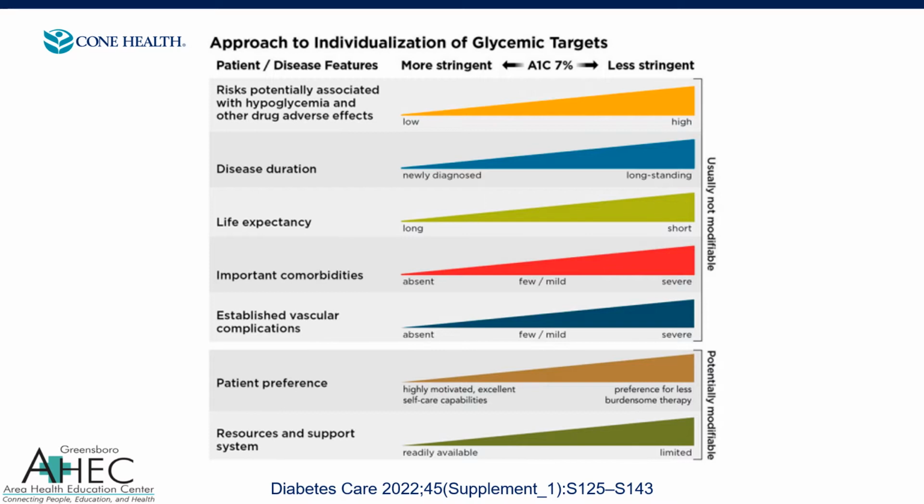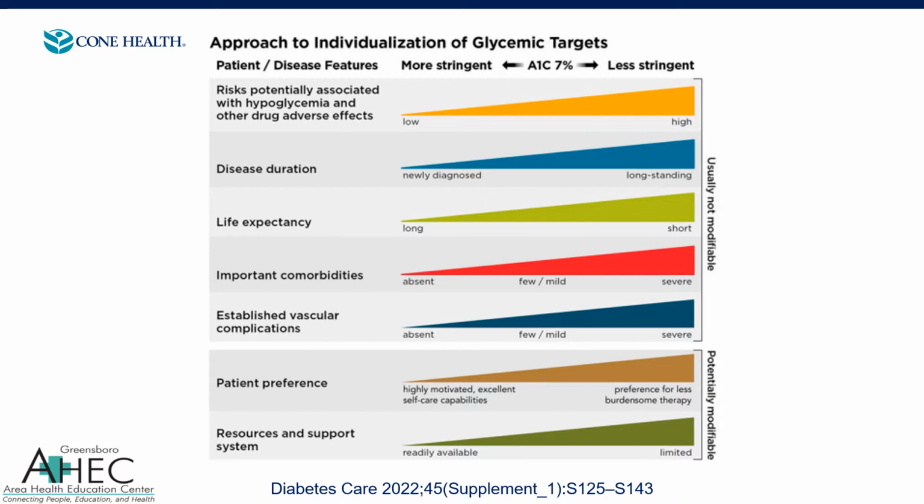If they have a very short life expectancy compared to others, or have a significant or severe amount of comorbidities or vascular complications, it is difficult to manage their diabetes at such a strict level. Patients may also have a preference for less intense or less burdensome therapy, or they may not have the resources or support system in obtaining medications or being able to safely use them correctly with good adherence. On the other side, if a patient has basically the opposite of those situations I just described,